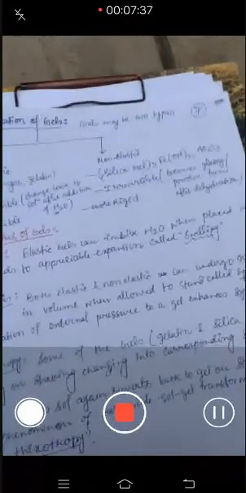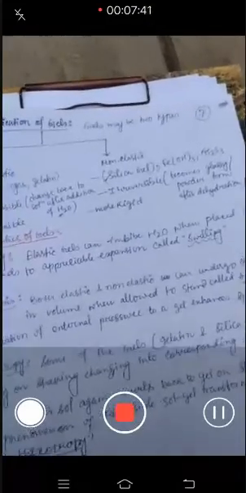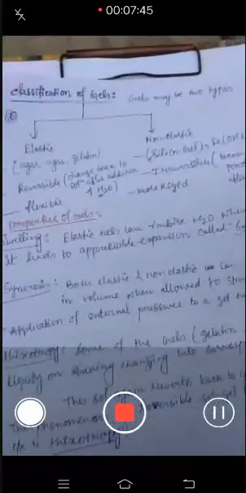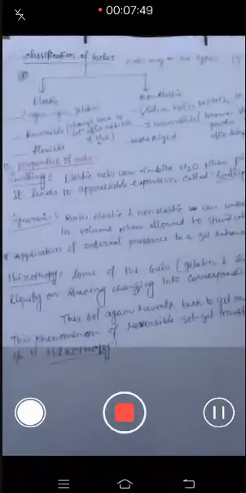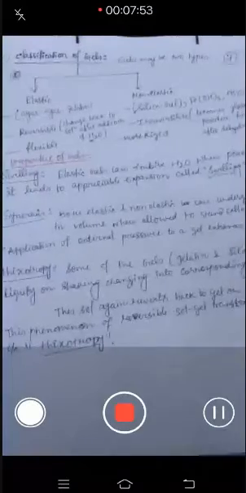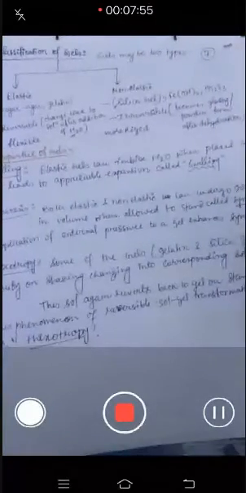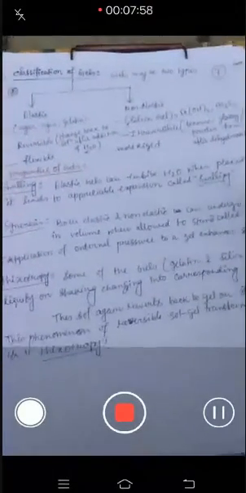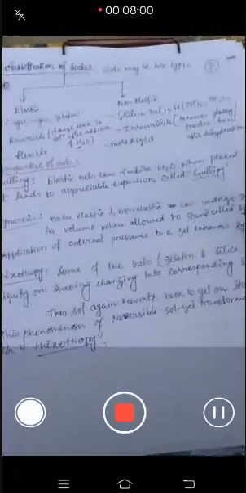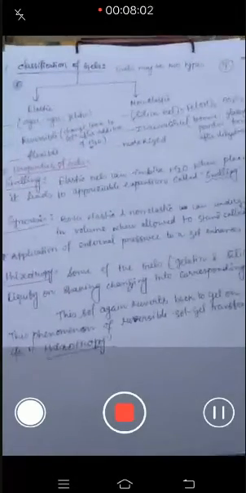Silica gel, Fe(OH)3, and arsenic sulfide are somehow glassy or powdered form after dehydration. They are more rigid, while the elastic ones are flexible. There are some properties of gels also, three properties. Swelling means when you add water, they will imbibe water into themselves and become bigger in size.